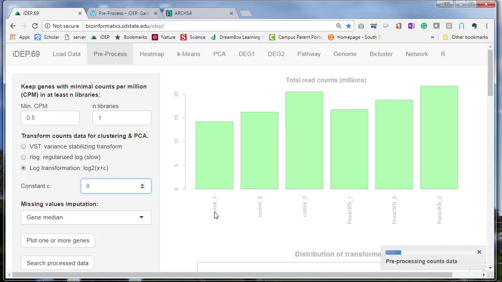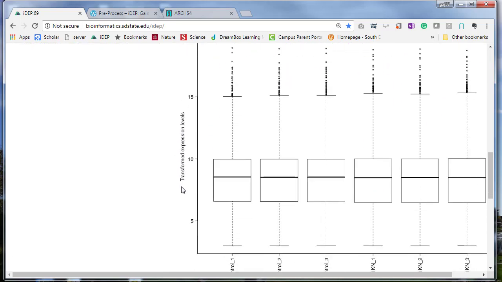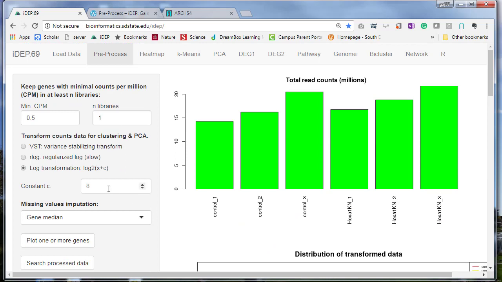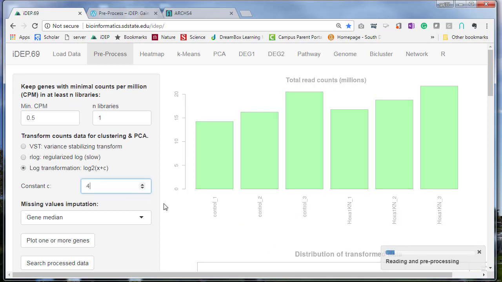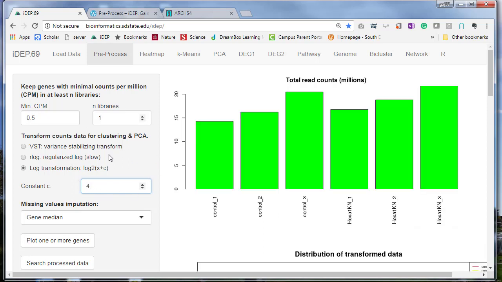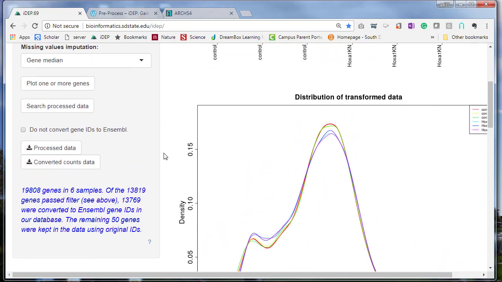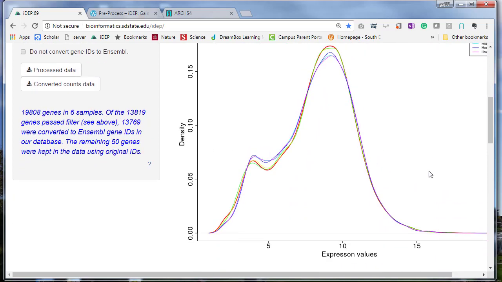If you change the default, everything will be recalculated. And if you go down here, as you can see, it has reduced the variability a little bit. But we have tried very carefully to choose this default setting so it works very well. Also, this constant depends on the total number of reads that you have in the library, and this distribution here